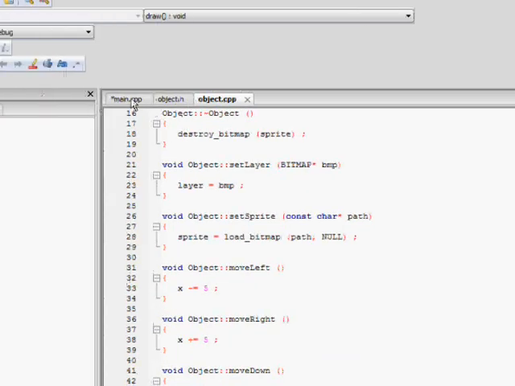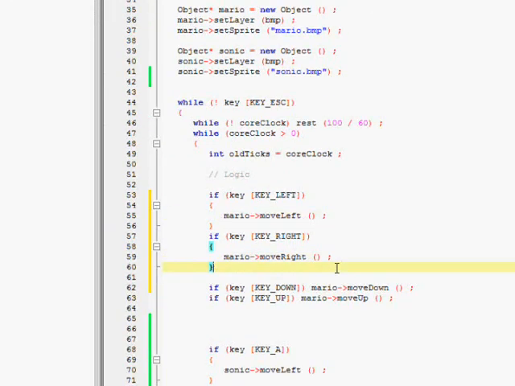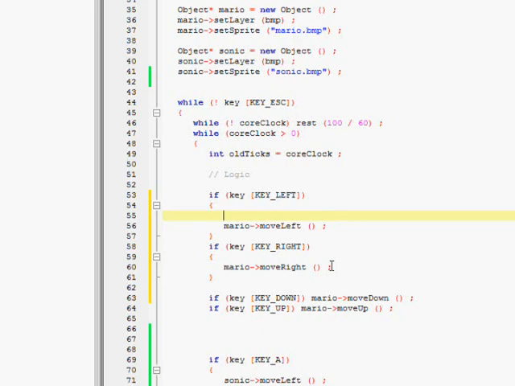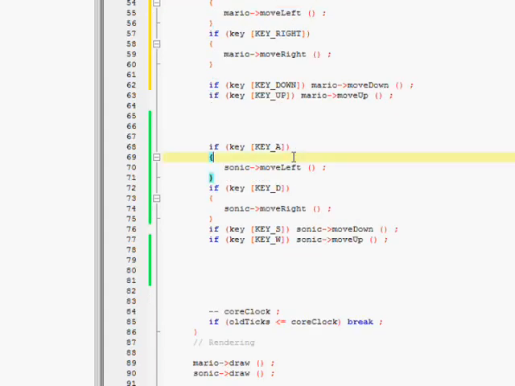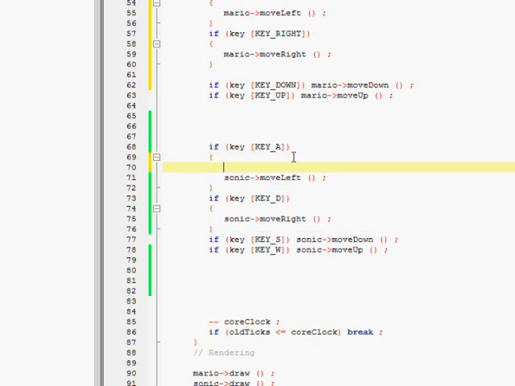If we execute it, we need to add a few things to our left and right movements. So what we're going to do is say if key left. So if we're moving to the left, what we're going to do is, oh wait, this is Mario's code. We want Sonic's code. That's down here. If we're moving to the left, we want to do this. We want to say Sonic